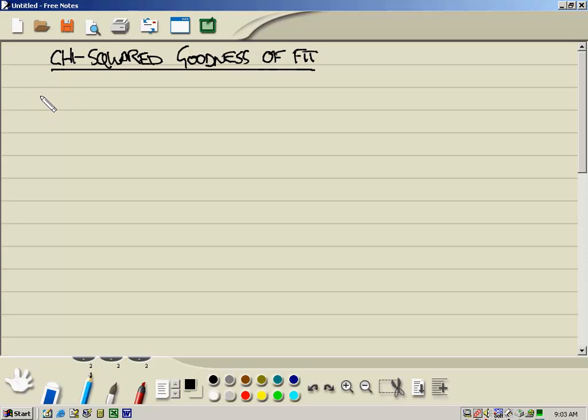So the problem we'll do is as follows, and we'll answer the question: is a coin, a particular coin, unbiased? And unbiased means that the probability of a head and a tail is equal to a half. So we'll have a chi-squared goodness of fit test. In the long run, we're going to use an alpha of 5%. The sample data,